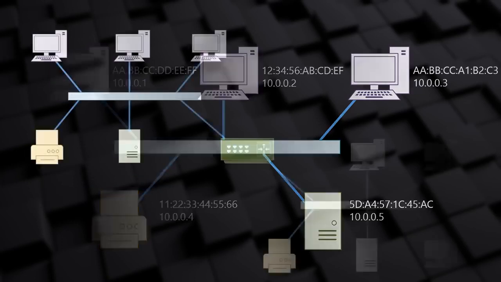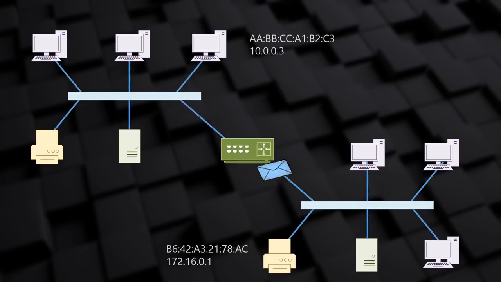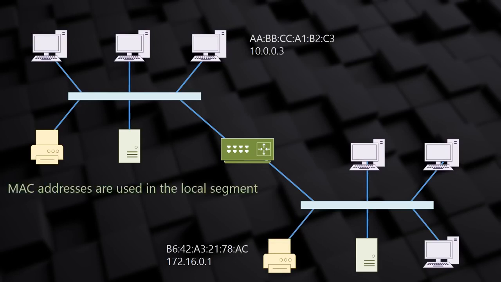Imagine that our small company has been very successful and has now grown. Rather than just a single network, we have decided to create a second network. Each of these networks is a LAN segment. These are joined together with a router. This router is part of both LAN segments, so its job is to pass network traffic from one segment to another. MAC addresses are used within the local LAN segment, so when we send a message to, say, a printer